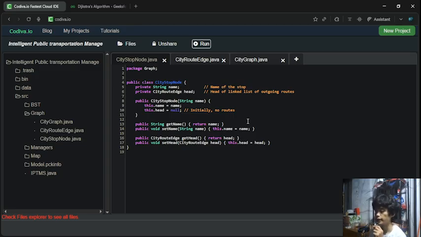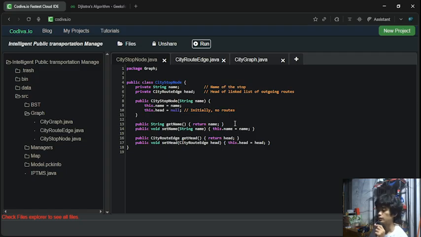It's used for display while getting the stop of a city. For example, I'm going to get the stop of Mall of Asia. Then we have the set stop name method. This method updates the name of the bus stop. It allows future changes such as correcting names or renaming stops in the system.